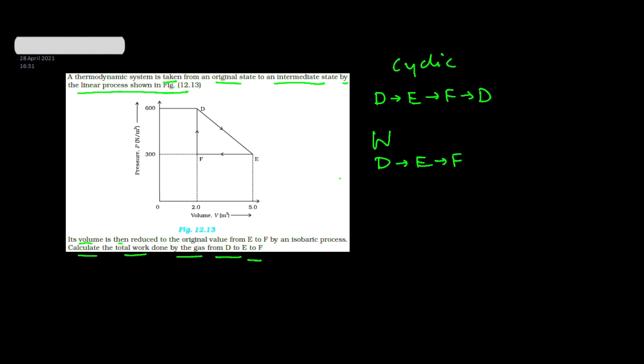Right, let's do it by one simple method. We will find